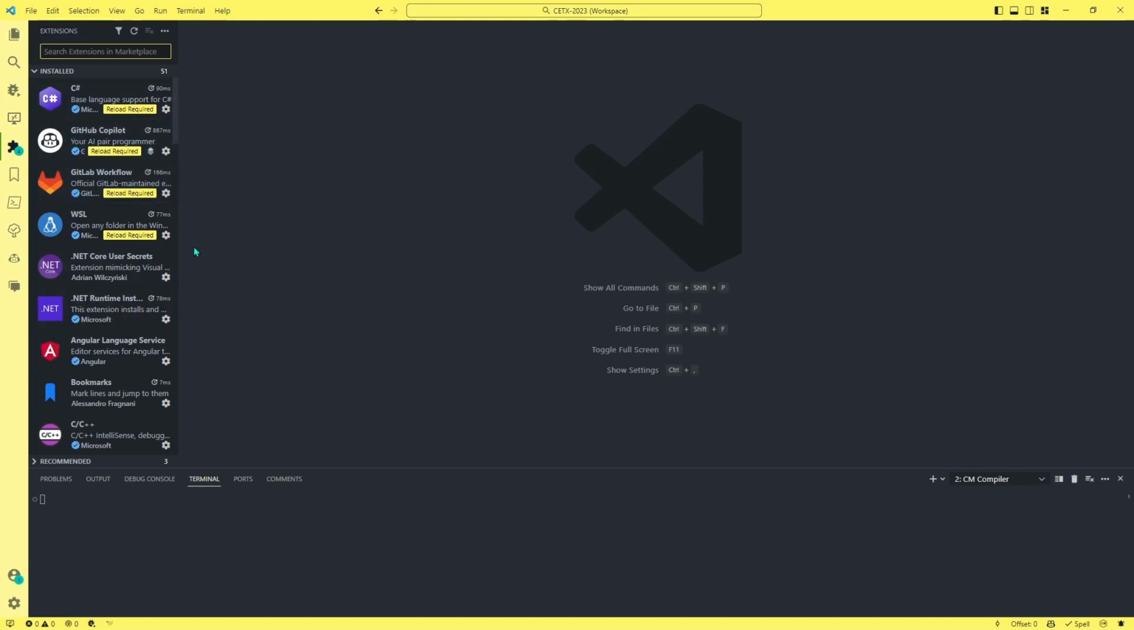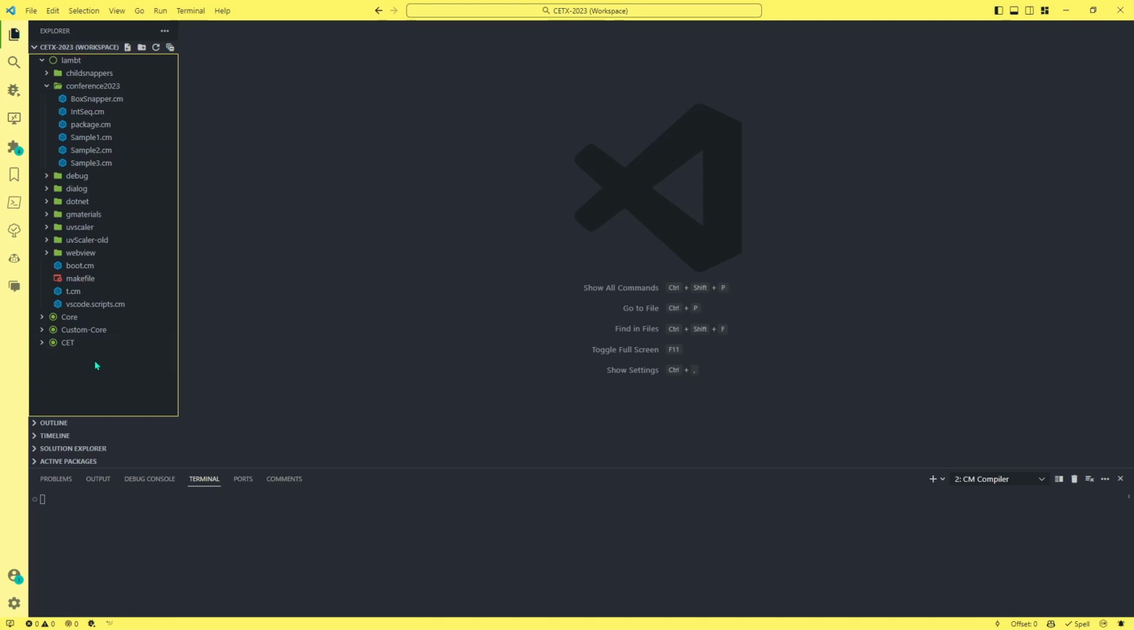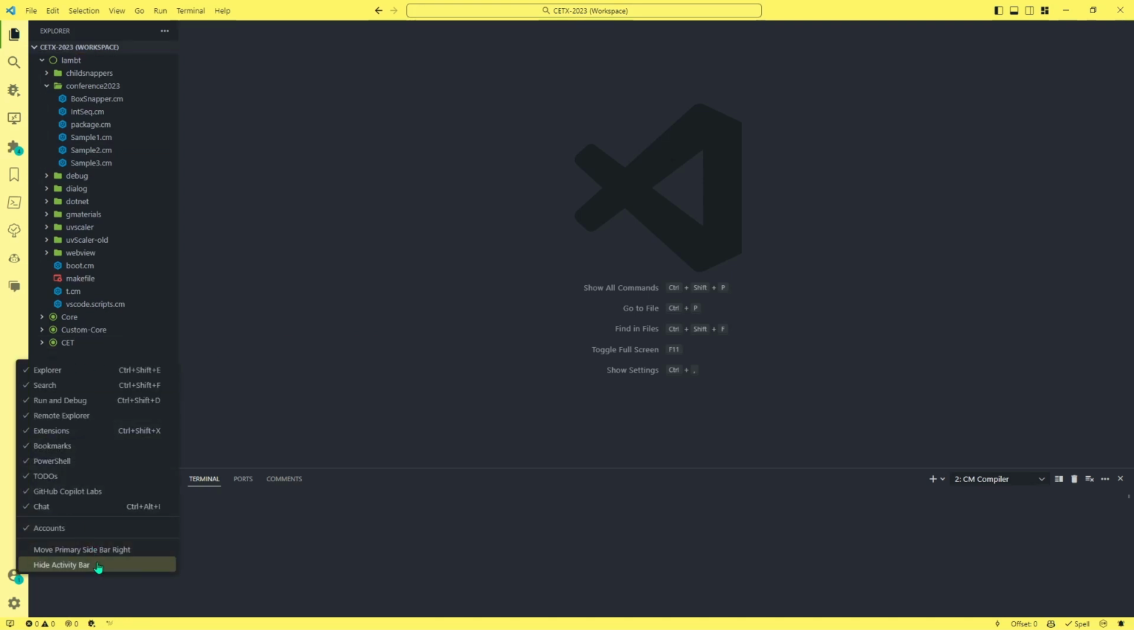Again, like I said, the rest of these all come from extensions that I have installed over time that I found useful. So we'll go ahead and drive back to the File Explorer for now. One of the things I'm going to do is turn off this activity bar just to give us a little bit more space to look around here and make it easier to see